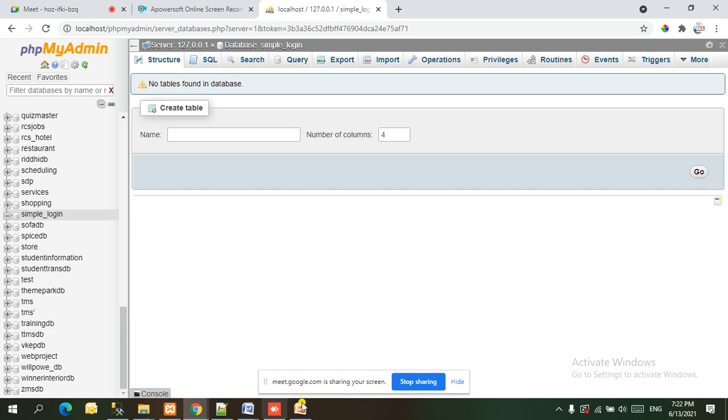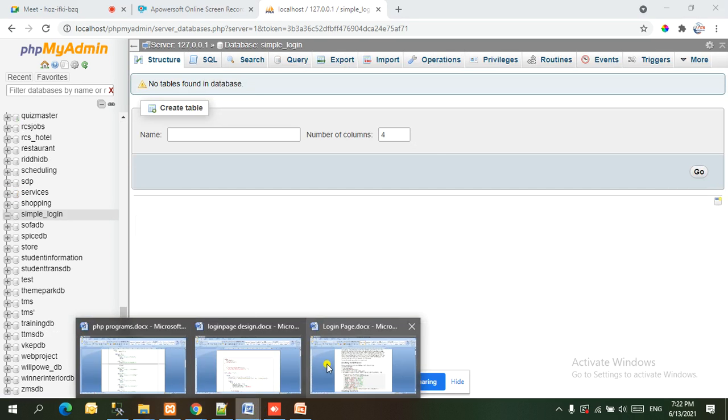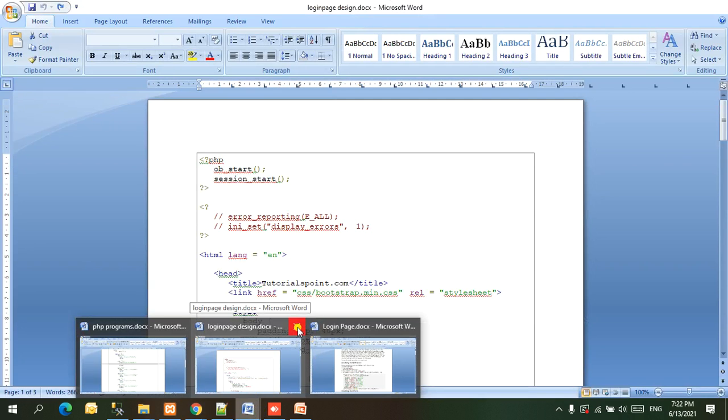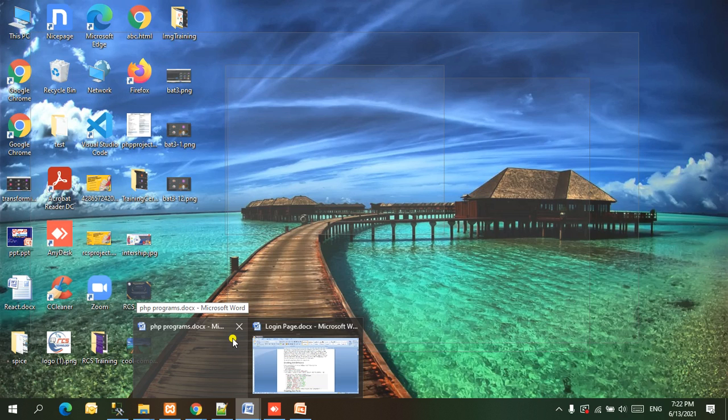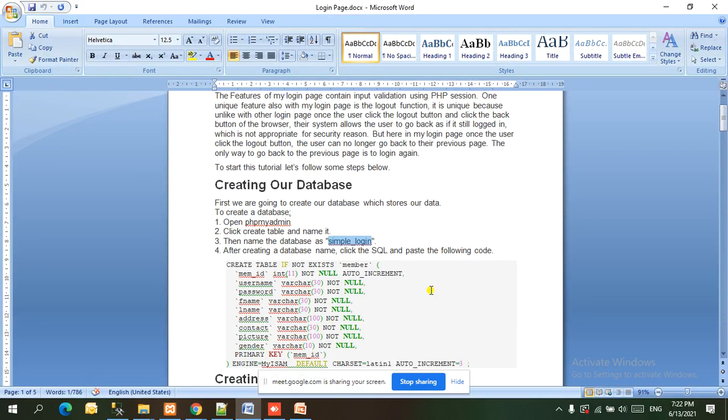So our next job is to create a table. So what is the table name? Member. The table name we are going to create is member.